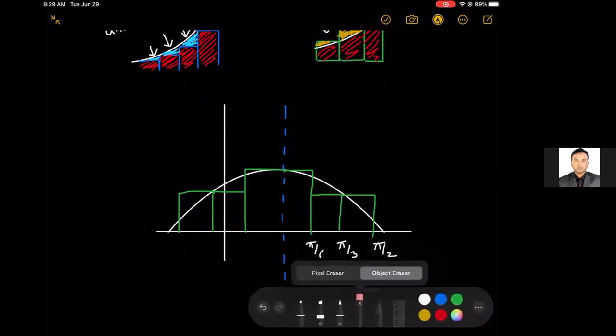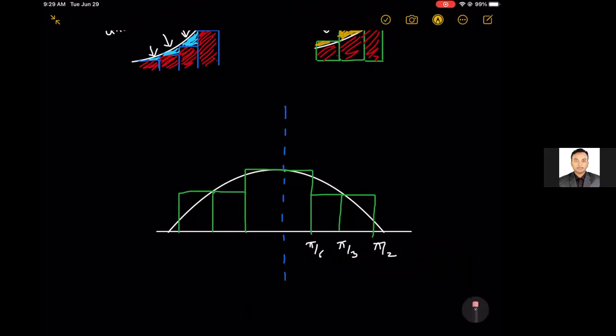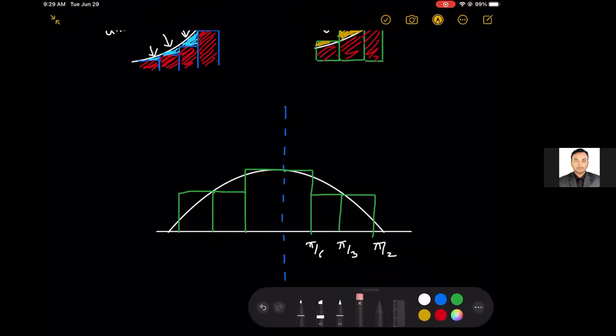Can you locate the underestimation part and overestimation part? Who wants to try? It's overestimated at pi over 2 and underestimated at pi over 6. Okay. So you're saying,